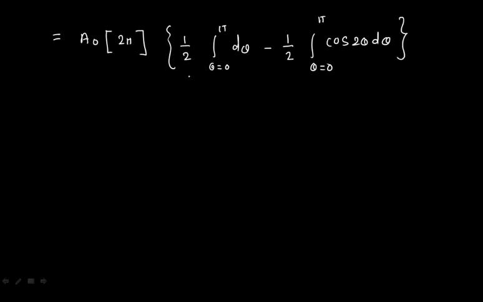I have just separated out each and every term. So I can write here a0 in bracket 2 pi. So the whole value, if you put all these values d theta, this will be pi by 2, and this integration of 0 to pi from here will be 0. And if you multiply something with 1 half with a0, you will get the whole term as 0.